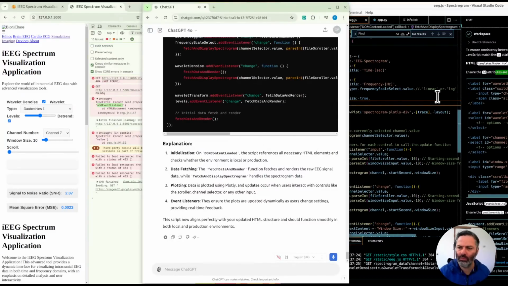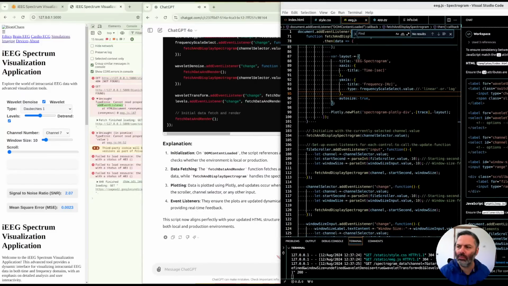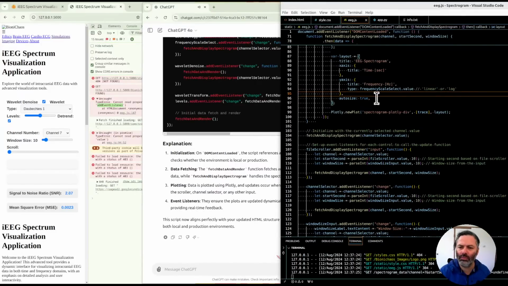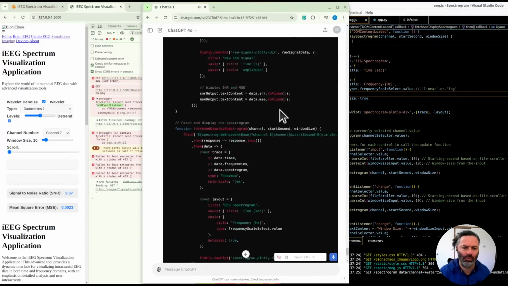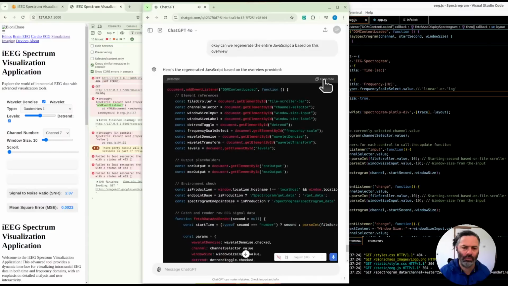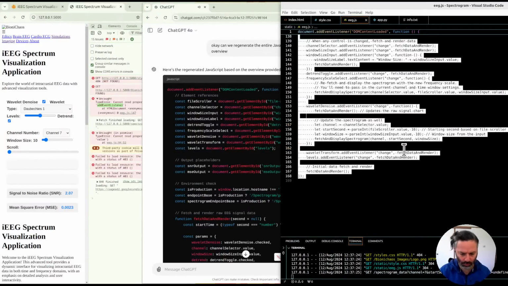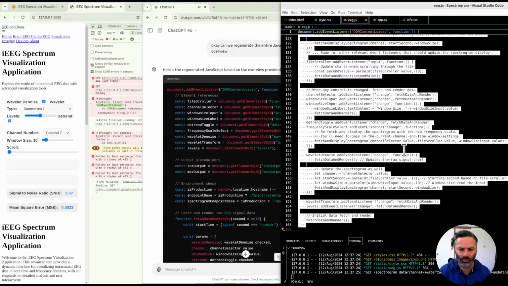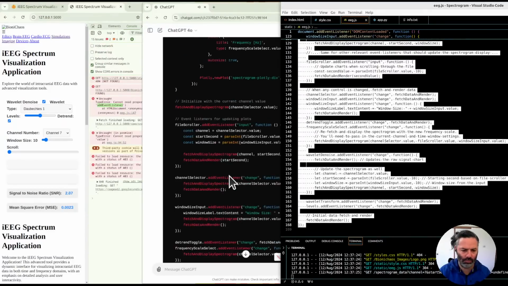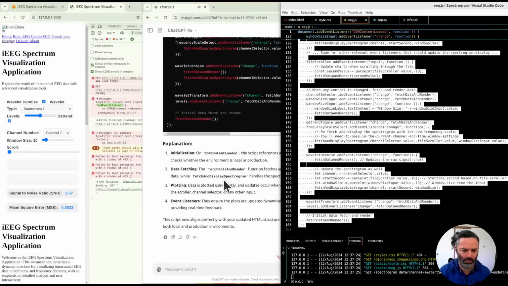Here's the regenerated JavaScript based on the overview provided. JavaScript document.addEventListener DOMContentLoaded function. Element references: const fileScroller = document.getElementById('file-scroller-bar'); const channelSelector = document.getElementById('channel-selector'); const windowSizeInput = document.getElementById('window-size');